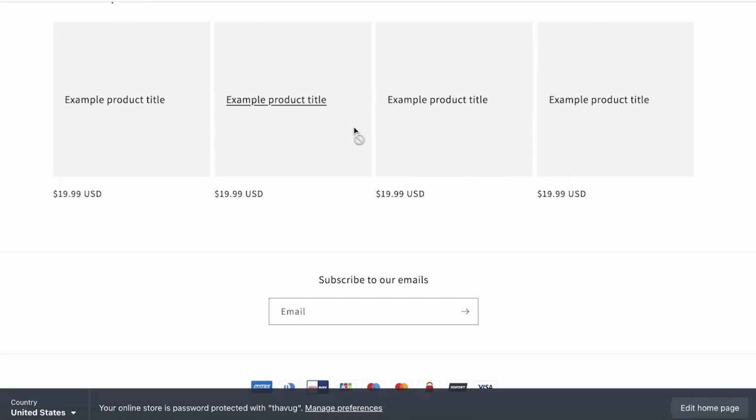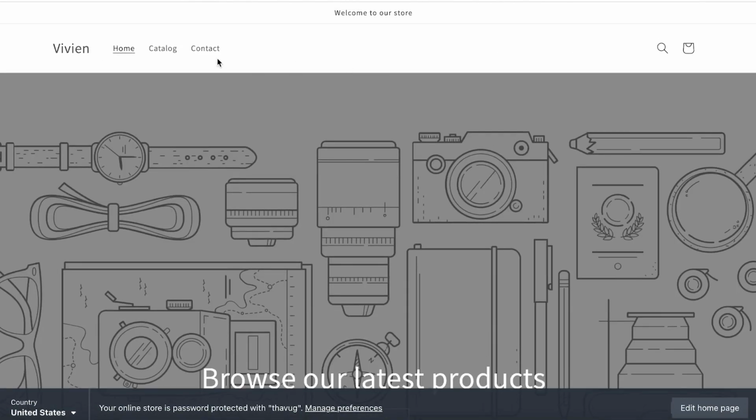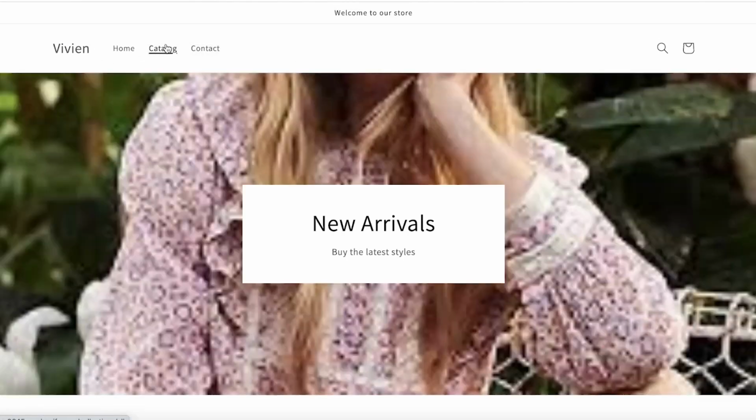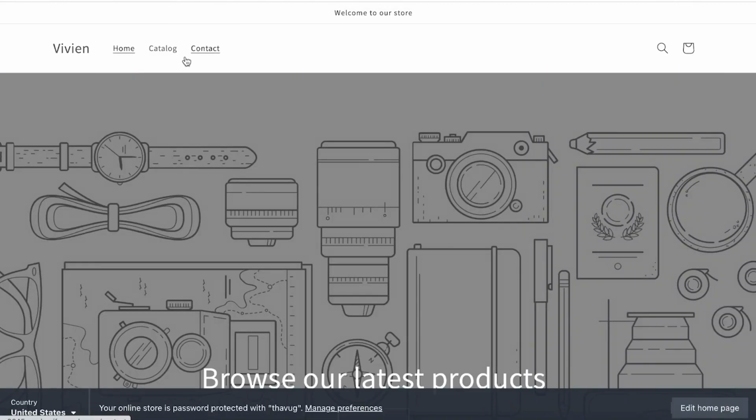So I have my store over here and I don't want multiple different products. Maybe I'm creating this as a sample or something, and I just want to sell one specialty product. Like let's say I'm selling one LED light. So I don't need multiple different pages. I only want one page, and then I just want my checkout system. I don't want all those things. I just want it to be focused directly on the call to action of purchasing the product. So we're going to be building that step by step, and I will show you guys exactly how you can